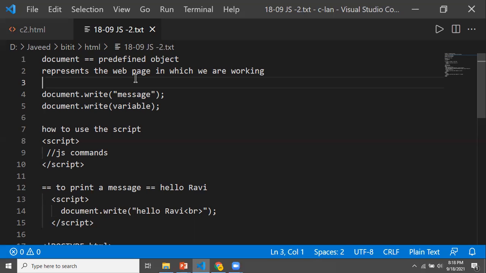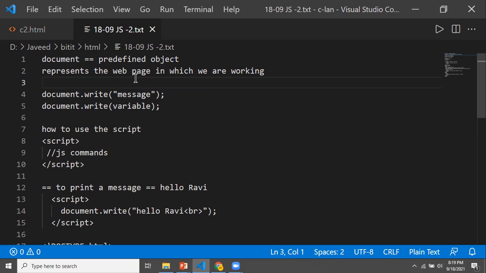Now remember, we are learning HTML, and we are using the HTML5 standards. When I'm using the HTML5 standards, it is not necessary for you to specify the language. By default, HTML5 understands that it is going to use JavaScript, so it's not necessary for me to specifically mention that I am using JavaScript.